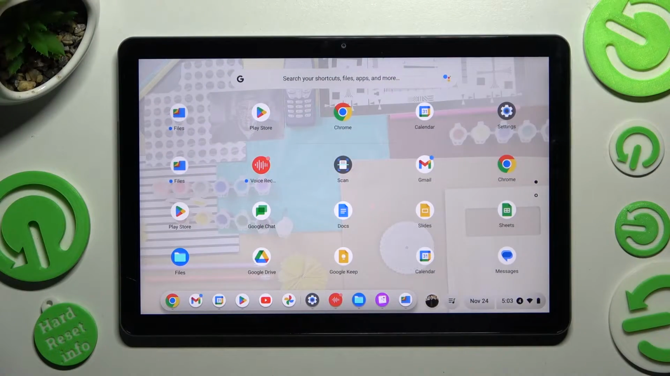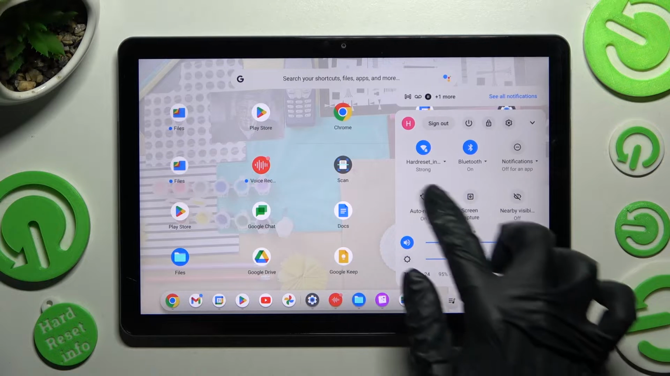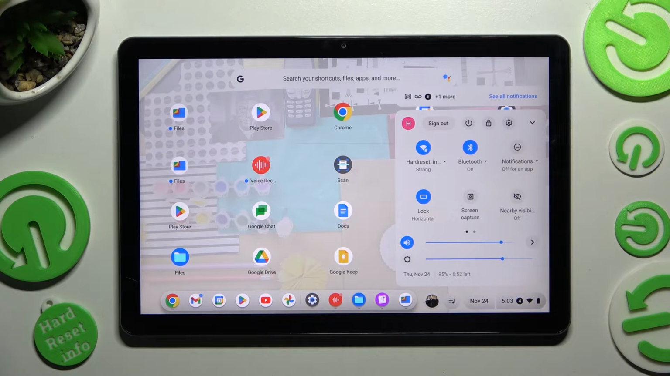First of all, you need to click on the bottom right corner of your device, over here. Then look for auto rotate shortcut. When you find it, click on it. As you can see now, my shortcut is blue and it says lock. That means that auto rotation is definitely off, but you can always turn it on by clicking on the same